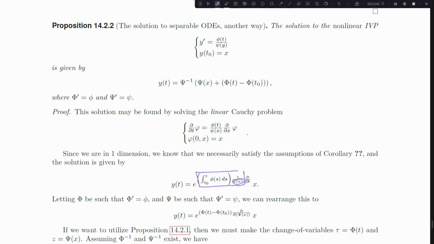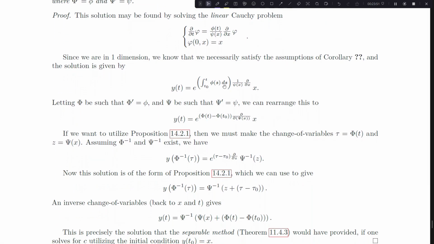I can't say that's true when this depends on x anymore. I have to be a little bit more clever. So when my denominator depends on x, what I can do is rewrite this power in the operator exponential as this power in the operator exponential, where I've used capital psi and capital phi as the antiderivatives of psi